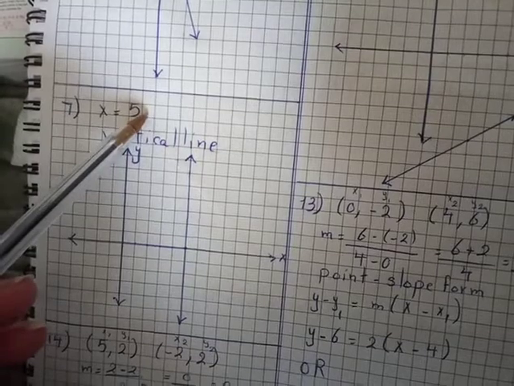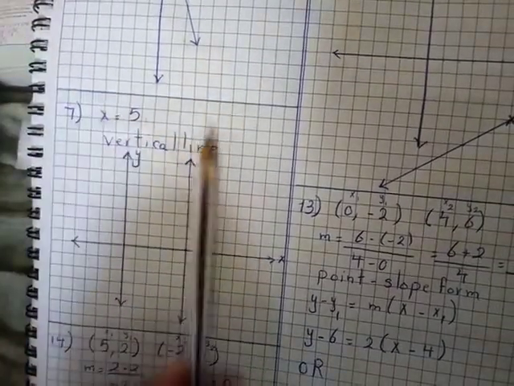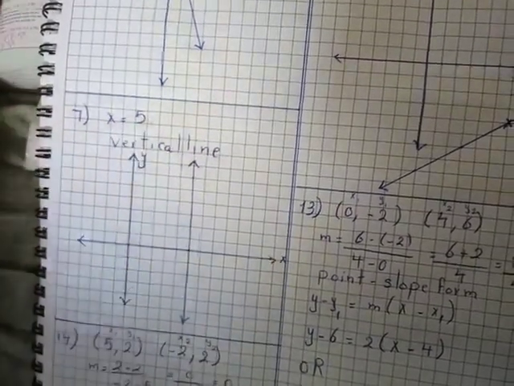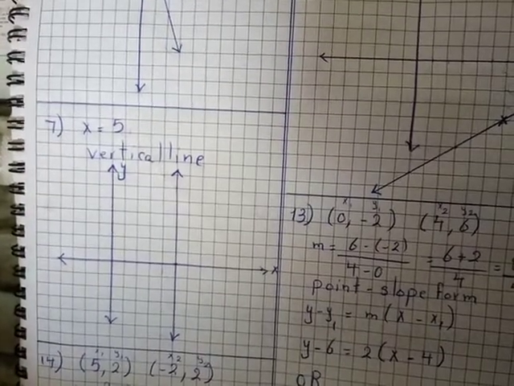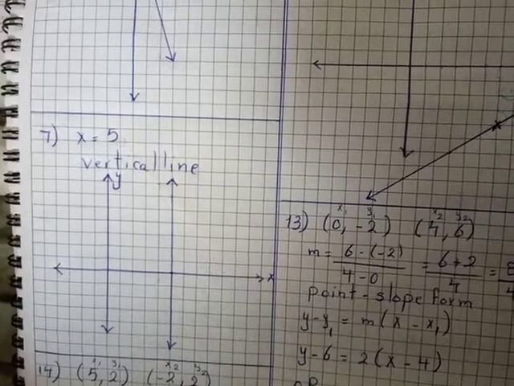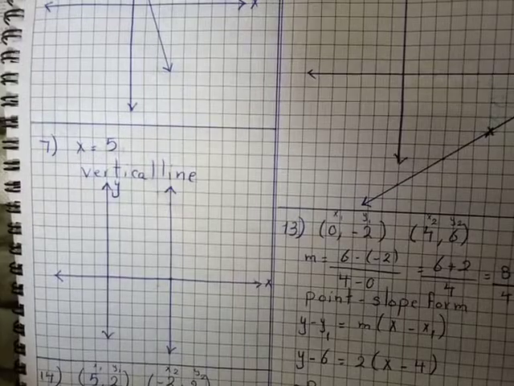And what about the y-intercept? There is no y-intercept. Why? Because the line is parallel to the y-axis, so the line will not intersect with the y-axis. So we don't have any y-intercept. Please, it's very important information. So if the line is vertical, the equation of it, x equal